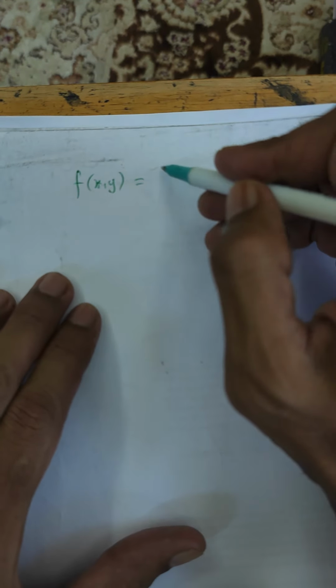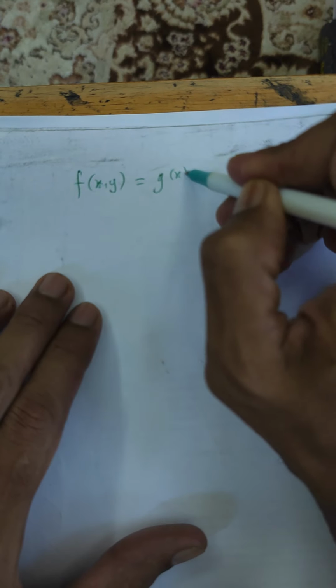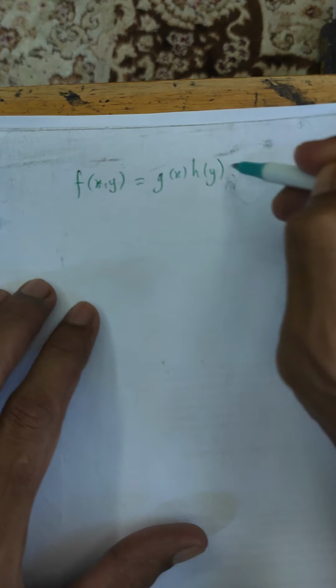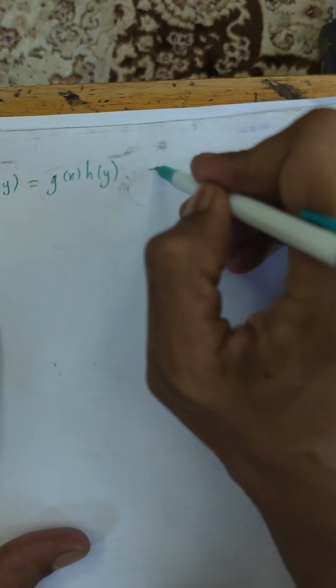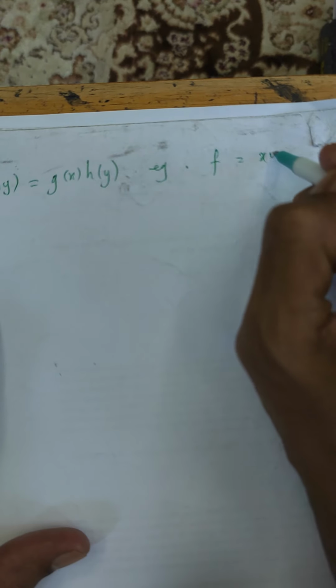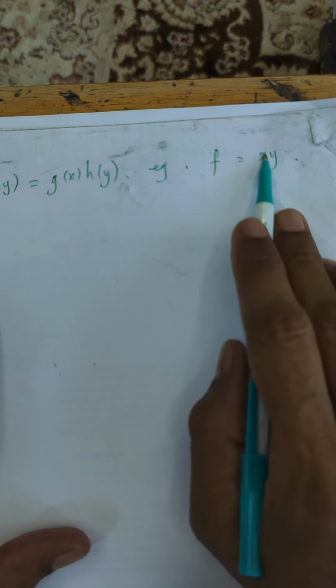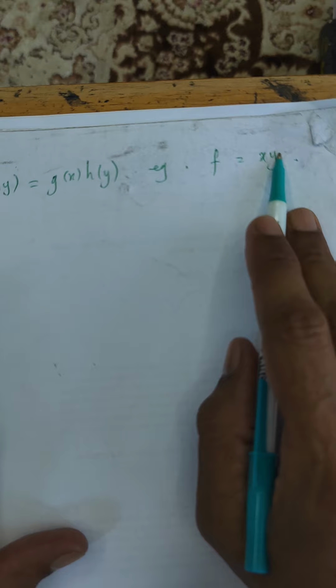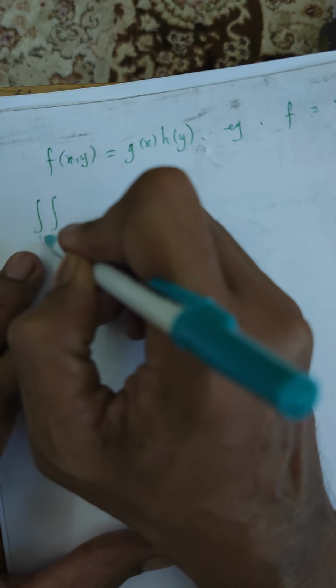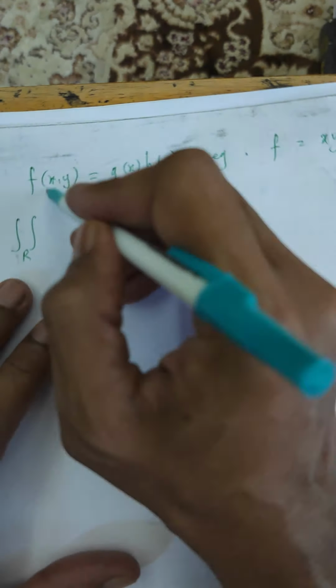For example, g of x and h of y. Of course, let's say the function is like x times y. So this is a function of x, this is a function of y. Therefore your integral over the region R, f(x,y) dA,